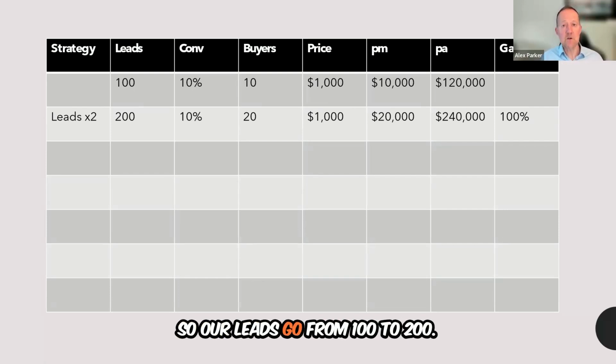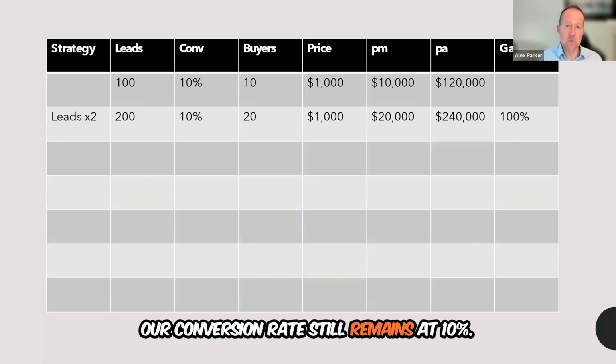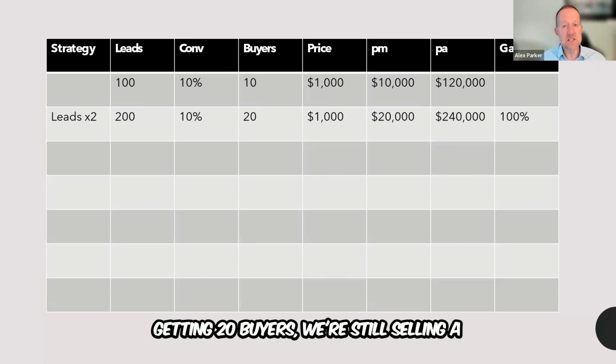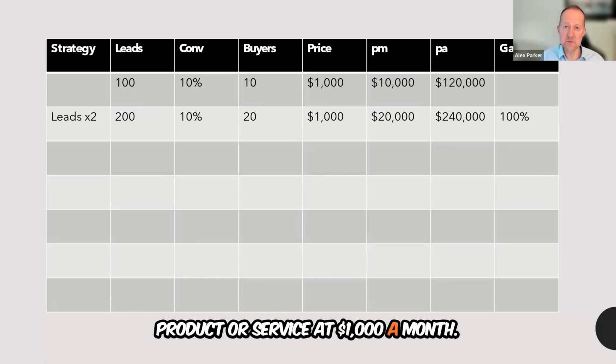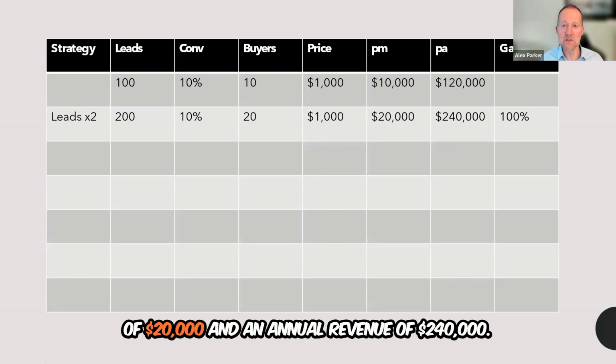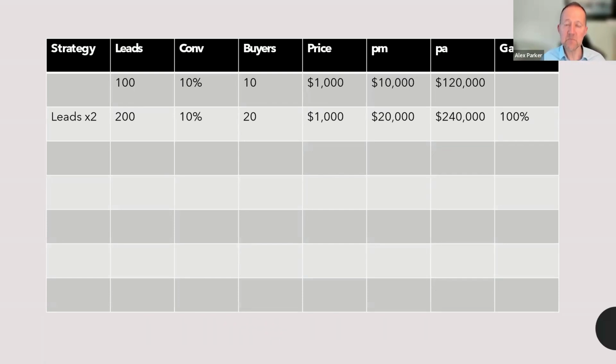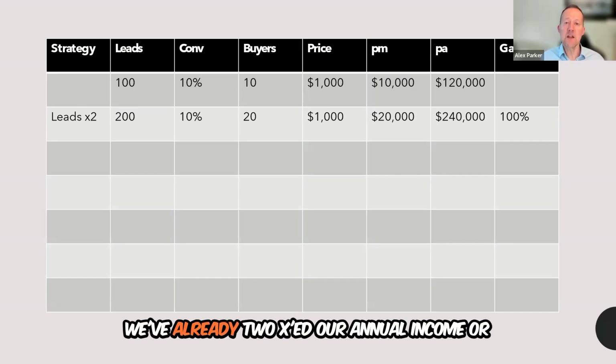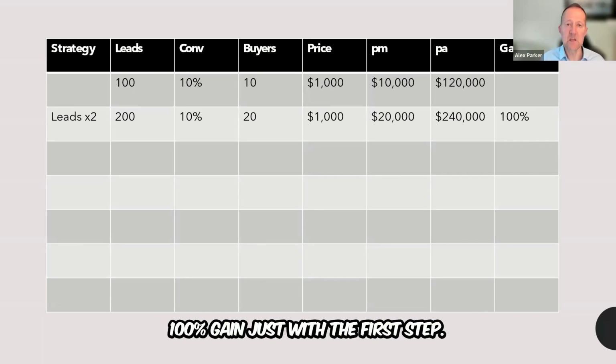So in this example, our leads go from 100 to 200. Our conversion rate still remains at 10%. So from our 200 leads, we're now getting 20 buyers. We're still selling a product or service at $1,000 a month. So that now gives us a monthly revenue of $20,000 and an annual revenue of $240,000. So with this first step in the strategy, we've already 2x'd our annual income, or 100% gain, just with the